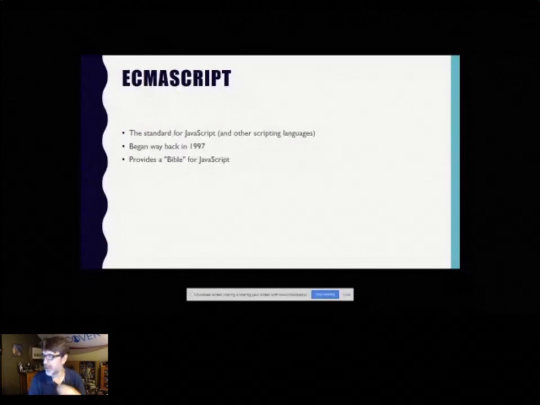But if you ever used ActionScript, then it was also based on this standard. And it's pretty darn old. If I started working with JavaScript in 95 or 94, I forget the exact date, this standard actually came out not long after. And what it essentially does is provide a Bible for JavaScript.